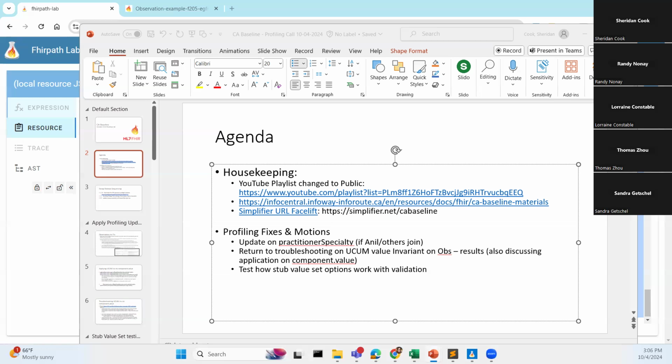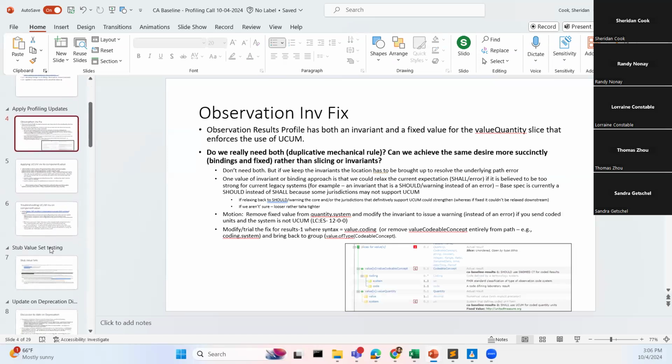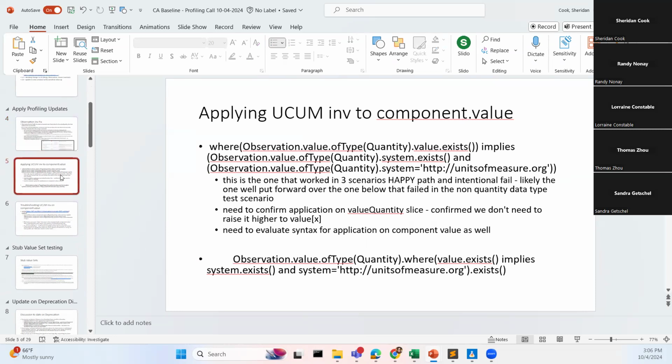All right. So I will just give a quick briefing on where we sit. For a few weeks, we were working on this observation results invariant, and we needed to apply a fix to adjust not just the location and the strength, but ultimately the actual syntax of how the FHIR path was being evaluated. And we finally came up with something that we really liked that effectively said, if your observation